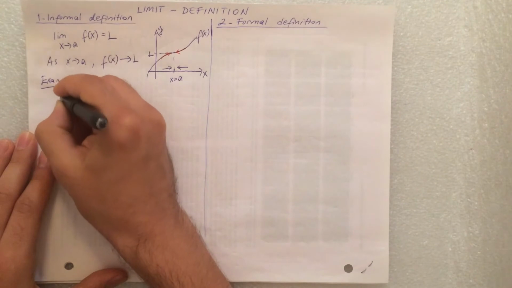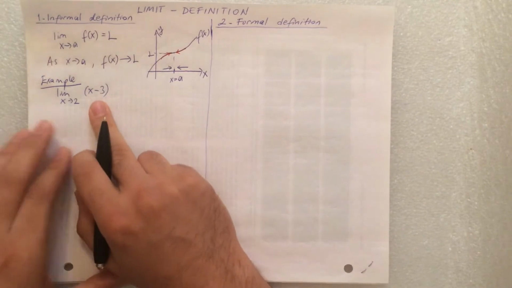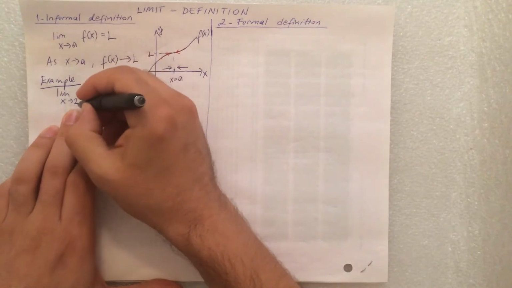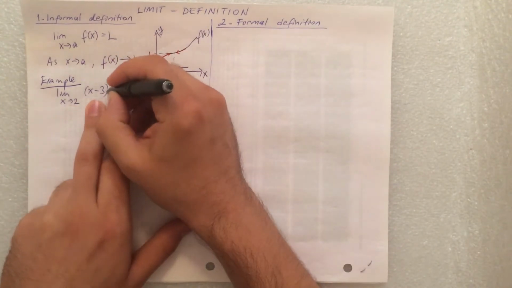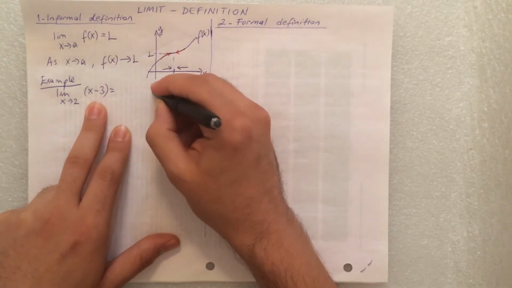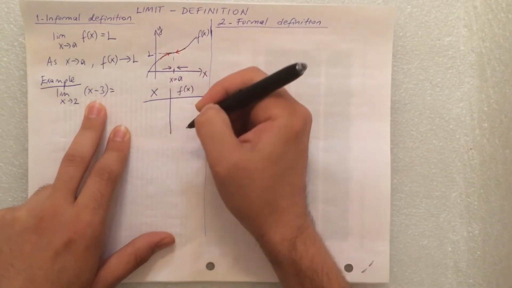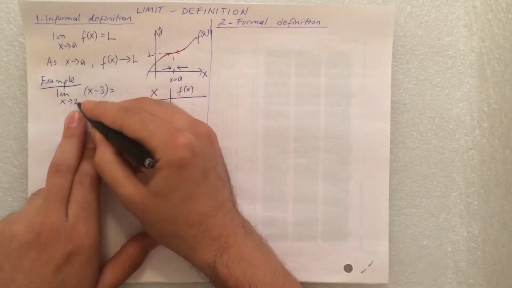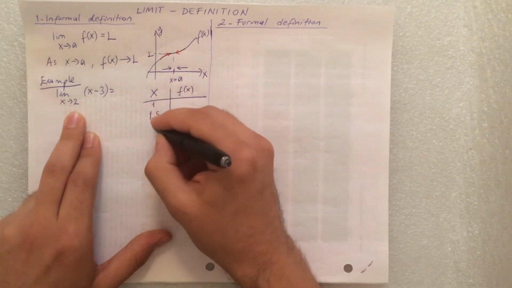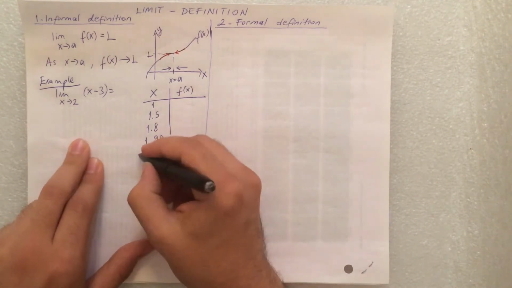So the first example I have is limit x goes to 2, x minus 3. So when we start with some value and get close to 2, what value we get for this one? To understand this, we can prepare a table x versus f(x), and we are gonna get close to 2. For example, if we start with 1, 1.5, and then 1.8, then 1.99, and even much closer to 2,